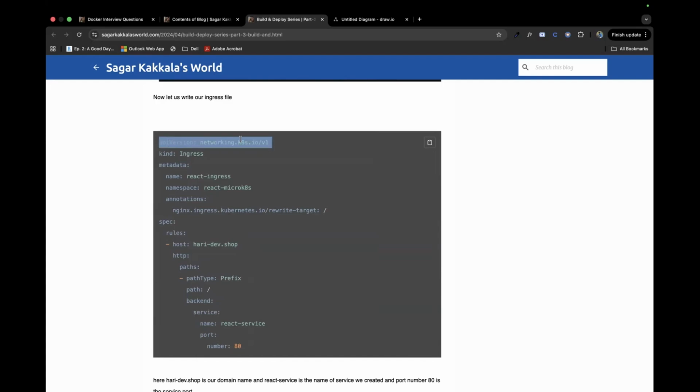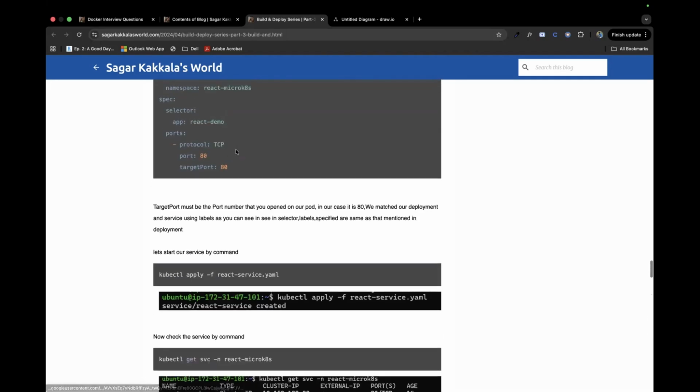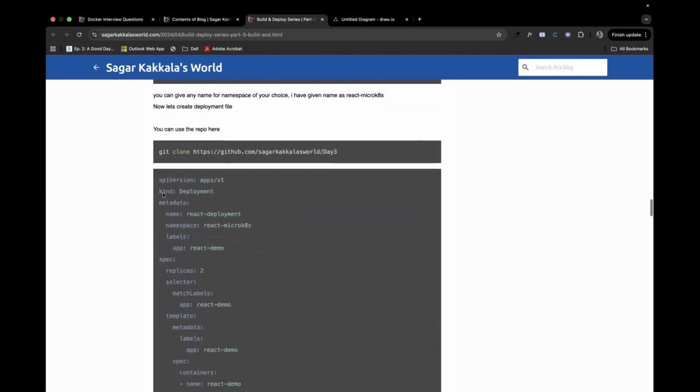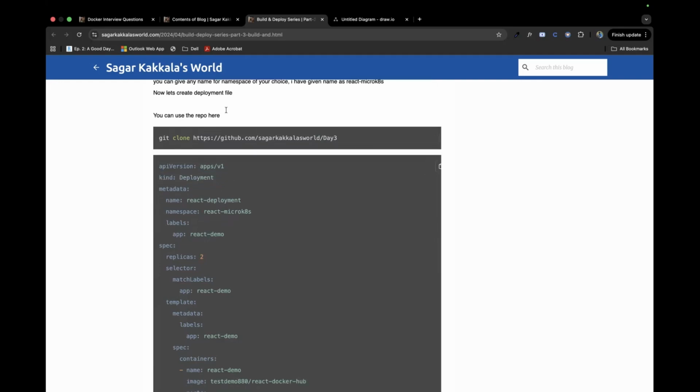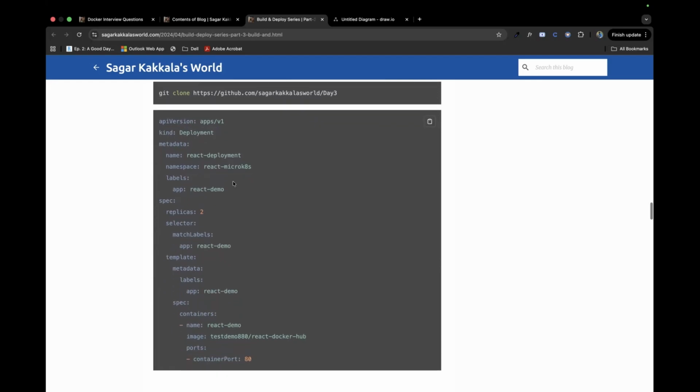So, inside the API version, you had to choose which kind you're accessing. So that's how a manifest file works. These four were the main important files, let's say. These two are to navigate where you want Kubernetes to go, which we'll discuss in detail. I'm just giving an overview here.